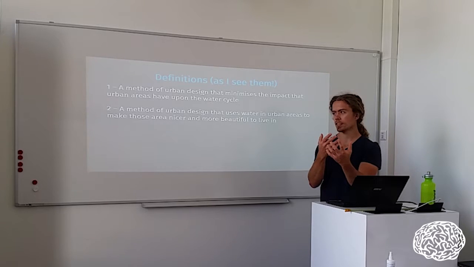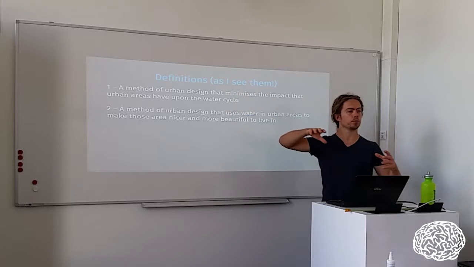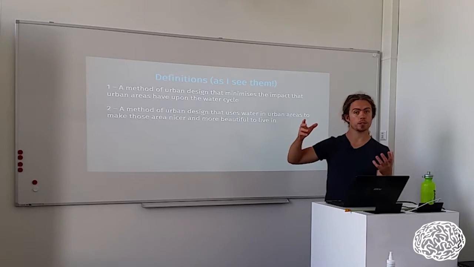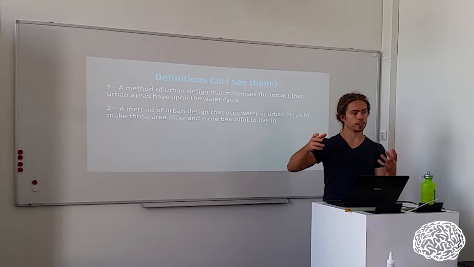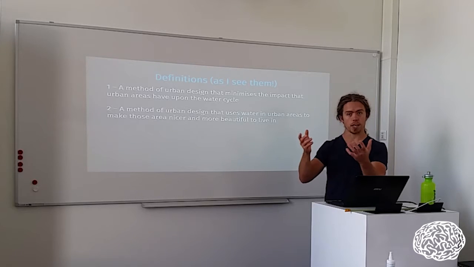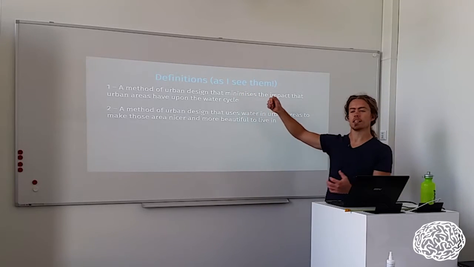So an example of the first one is if you were to build a new suburb with new houses, and you built some stormwater treatment systems and you infiltrated the excess water so that the creek at the end of the subdivision wasn't harmed. That's number 1. Number 2 would be if you